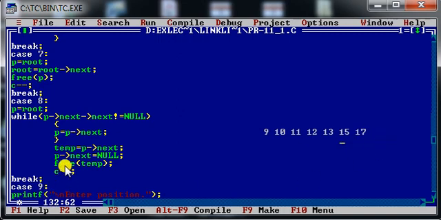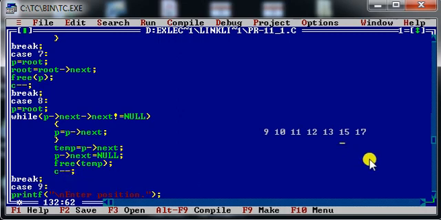Now I am writing free temp, where temp contains the address of 17. So whatever memory was occupied by element 17 will be reclaimed by the program. And once again, here also I am performing a deletion operation, so it will decrement the node counter by 1.